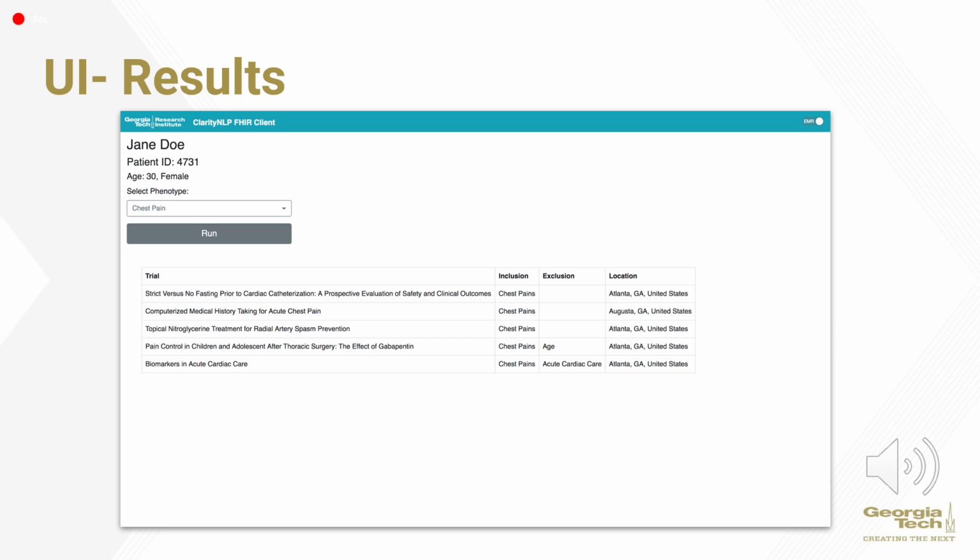Here the results are presented in a table format. The user is shown the trial, inclusion criteria, exclusion criteria, and location of the trial. Inclusion criteria is basically the reasons that a patient is a fit for the trial, and we're working on displaying that information in green. And we are working on displaying the exclusion criteria, why the patient does not fit in